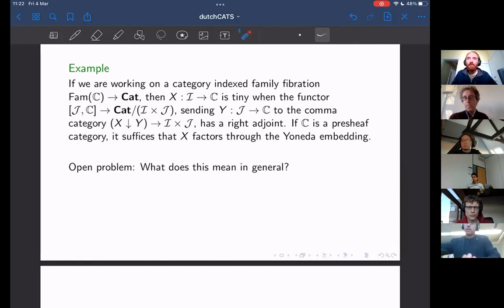So I'm wondering, you mentioned that local representability sort of meant that we could talk about structures on X in the internal logic of the base category. And I was wondering if you could give an intuitive idea of why these two things are the same. Yeah, so I guess if we're working in